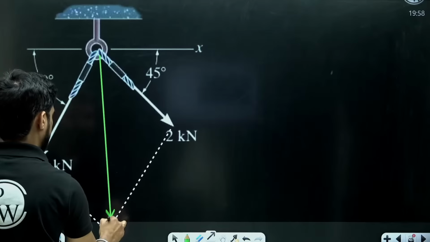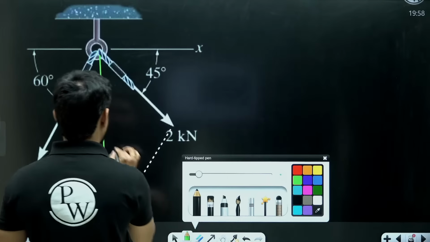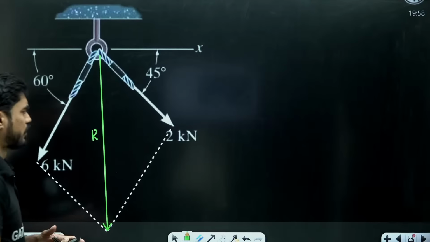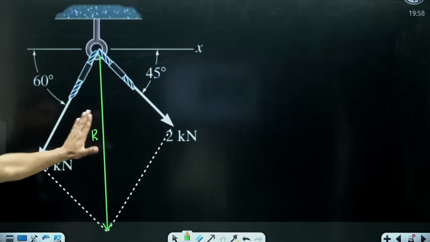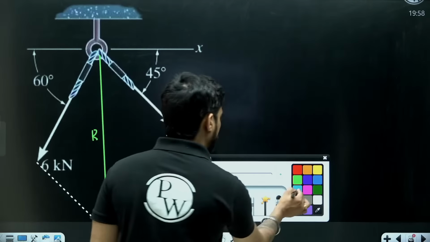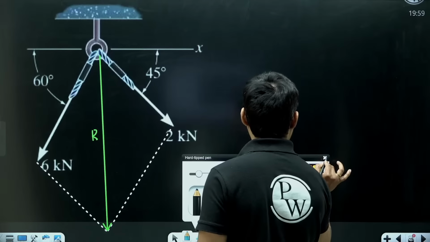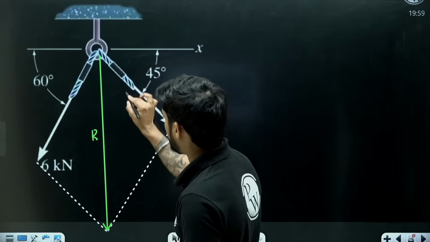So the resultant is something like this. You don't need to actually do this, but I want you to understand everything, so I am drawing this. So this is the resultant. Now what I will do is, I will find the angle between the resultant and 2 kilonewton,